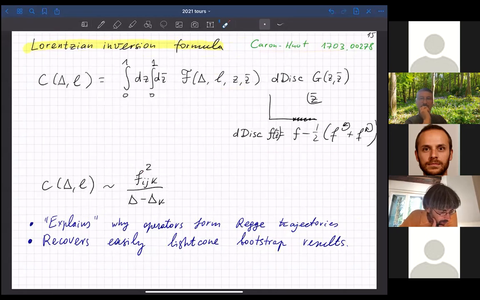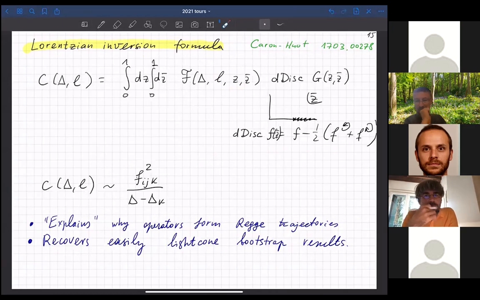Okay, so one thing which needs to be mentioned is that this light cone bootstrap went through several kinds of technological improvement stages. It was first indeed proposed as a sort of bootstrap technique where you compare the 2 channels working close to the light cone. But then there was this interesting development called the Lorentzian inversion formula by Caron-Huot in 2017,